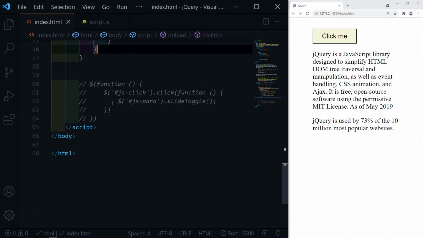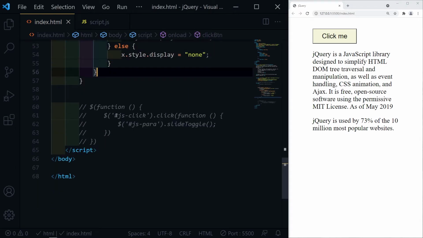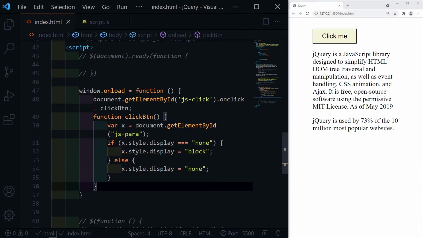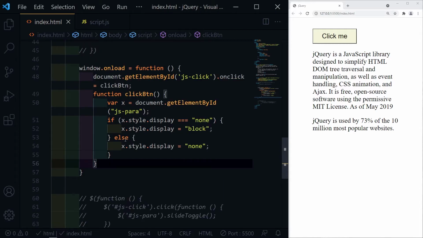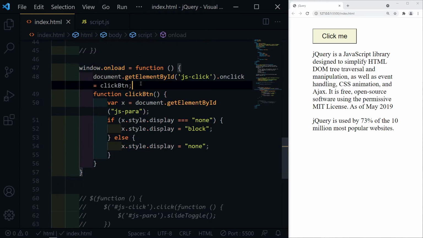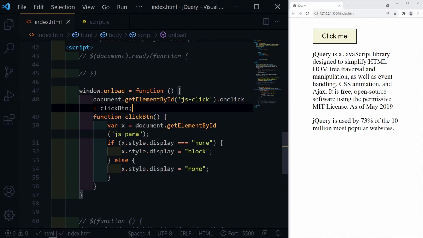Now to compare these 3 lines of code with equivalent JavaScript, we have window.onload instead of document ready. And first we need to select the button. In JavaScript, we write ID selector as document.getElementById. And inside the parenthesis, we write the selector name.